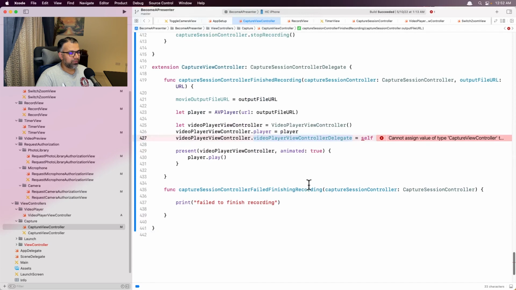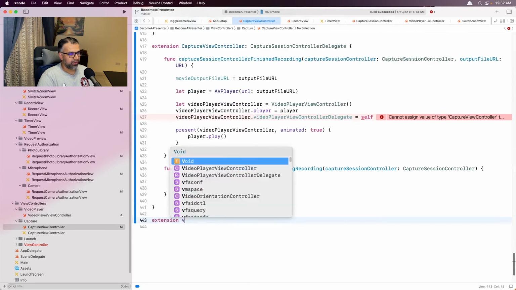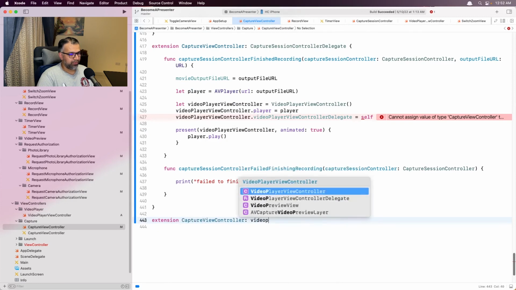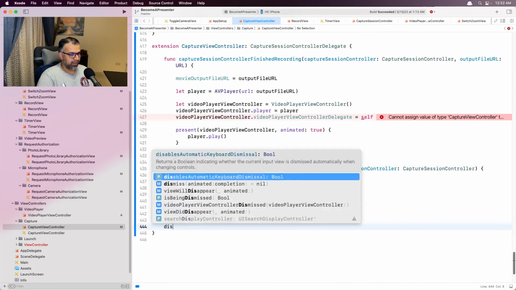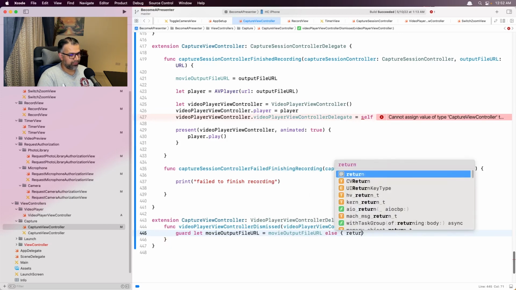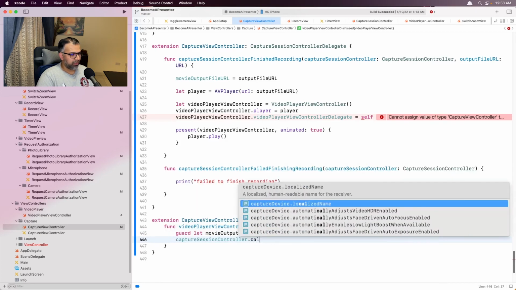And we will also be conforming to this protocol at the end of the file, extension capture view controller video player view controller delegate, and in the dismissed method we are going to get our movie output file URL, guard let movie file output URL, else return, and capture session controller dot cleanup